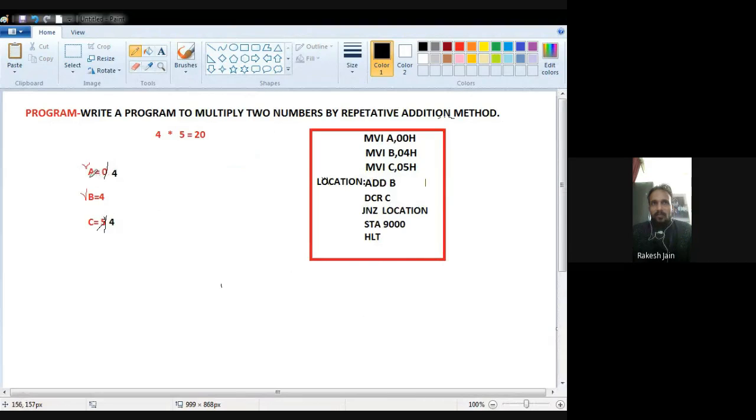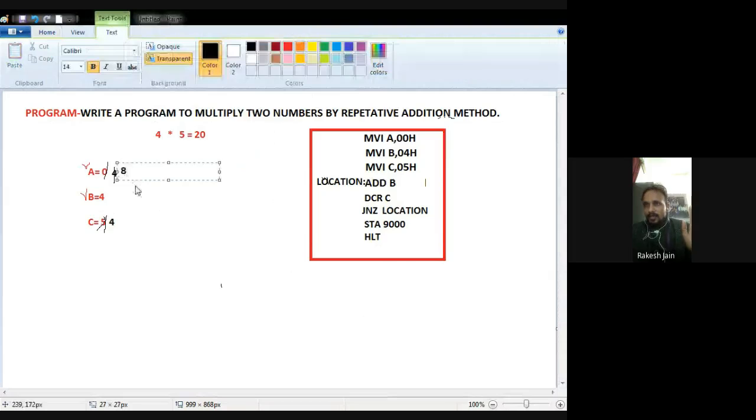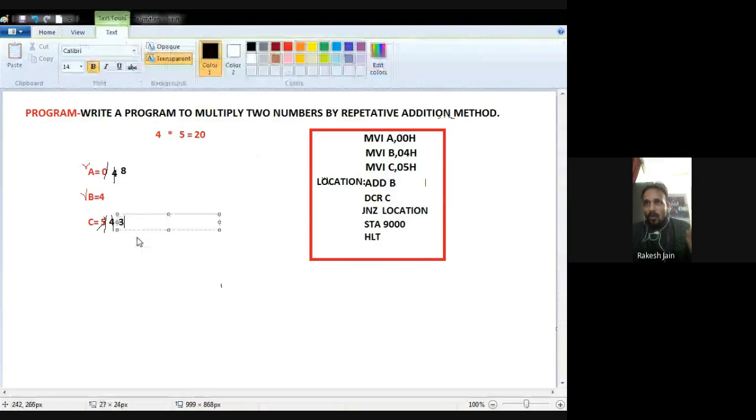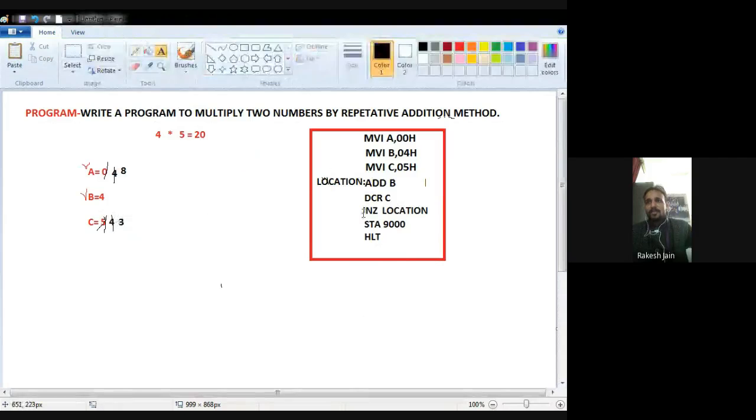Because 5 was the initial content of register C and DCR C decremented it by 1, it is now 4, which is not 0. So, because it is not 0, jump to that location.